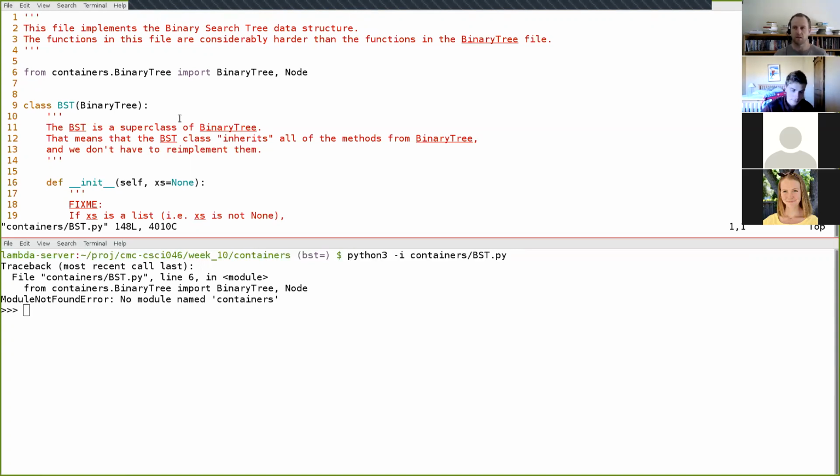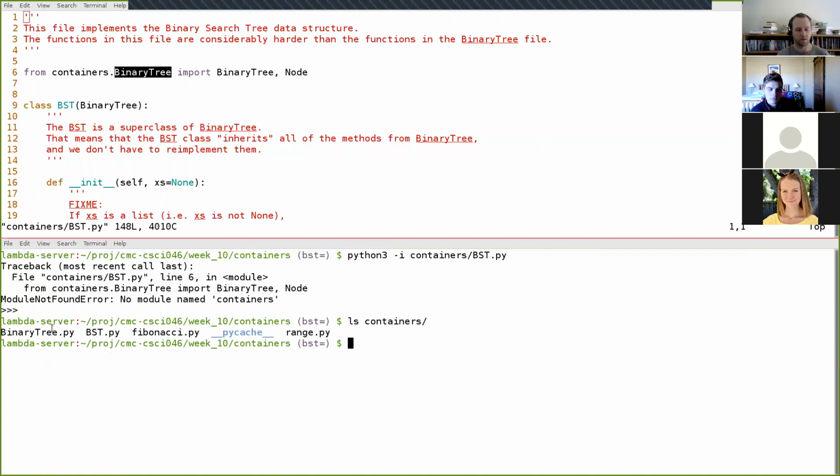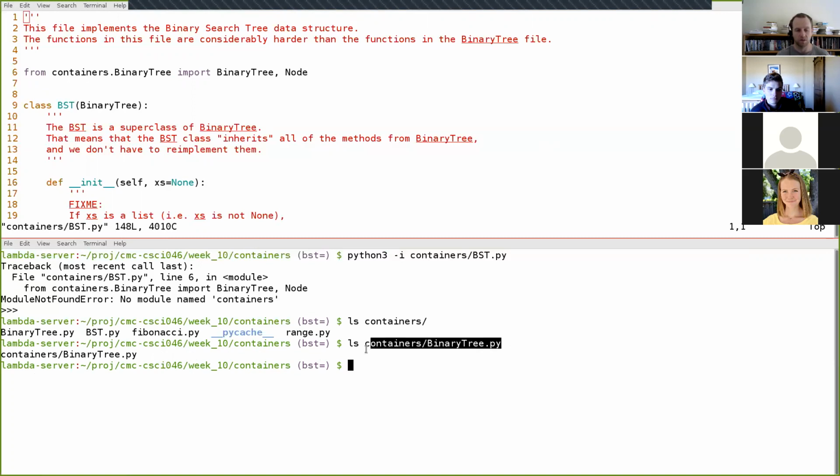One of the things that is widely disliked about Python is that it's very difficult to understand where Python is looking for files when it's doing these imports. The way that things are supposed to work is that anything to the left of a dot is a folder, and the last thing at the very end is a file name. So containers.binarytree is supposed to refer to this containers/binarytree file right here.